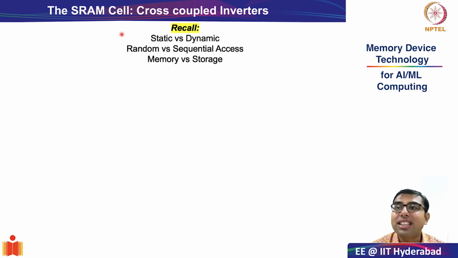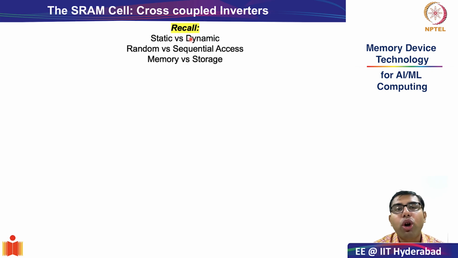Next is random versus sequential access. Since we discussed that the core focus of SRAM or caches is towards performance, you need to have random access. We discussed that random access is the ability to read any bit line corresponding to a particular word line in any particular order, right? Therefore, random access is important for high performance systems versus sequential access where you can compromise on the latency, something like NAND flash or even magnetic tapes.